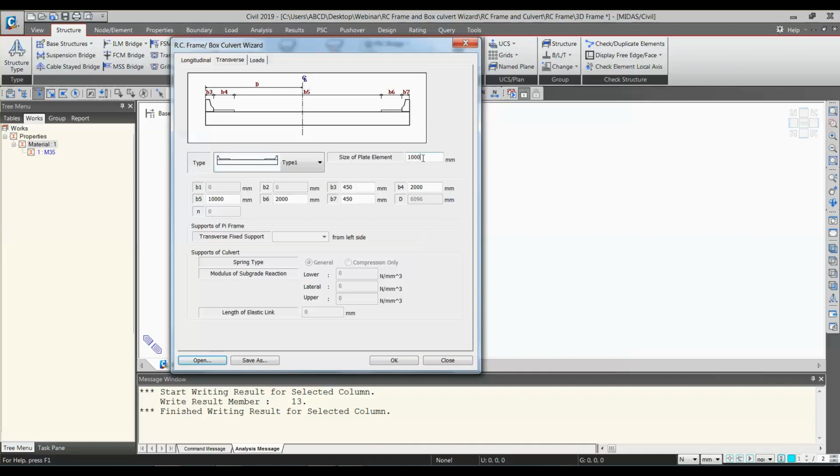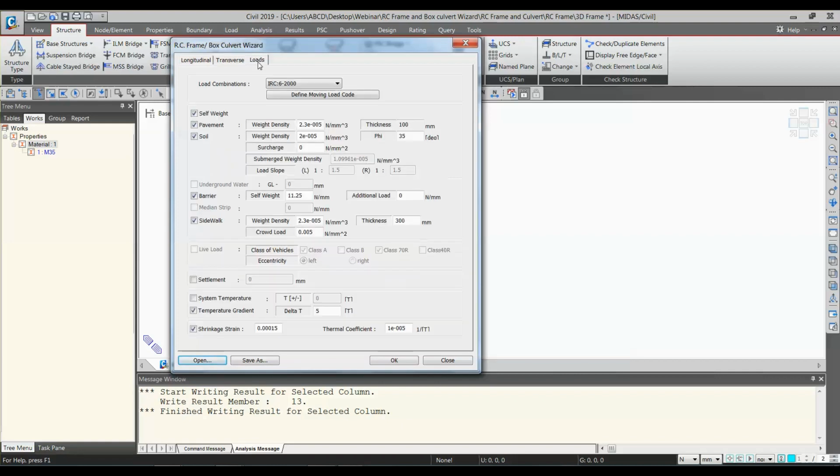I have kept the plate element size as 1000 because as I have observed, the results won't change much if you reduce the size over here as well. Okay, it depends usually on your length and the dimensions, longitudinal length and span usually. Depending on that you can give the mesh size for that. Now type, as I have kept over here the same. I haven't changed anything here in the dimensions for your carriageway width or the width of crash barrier. Okay, supports will be fixed as this is a frame.